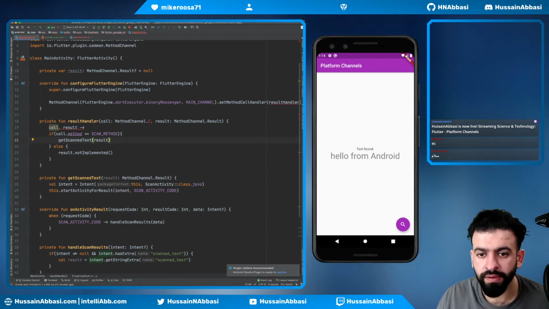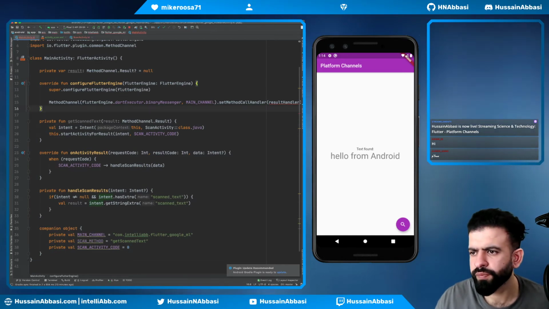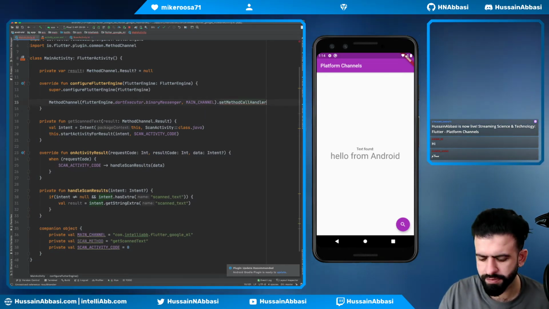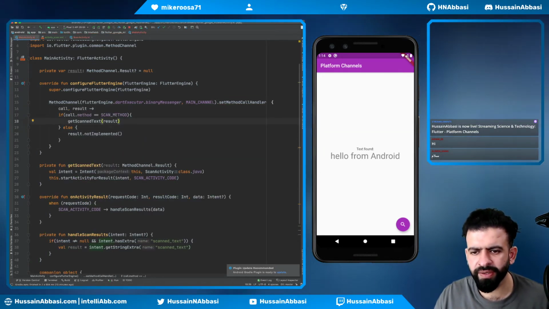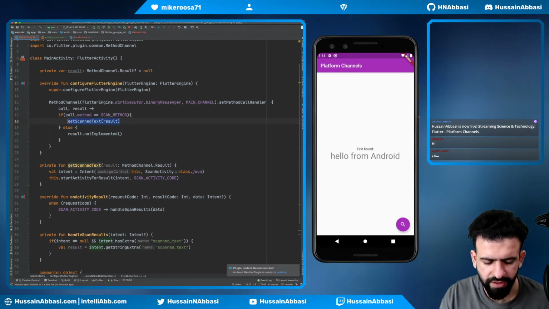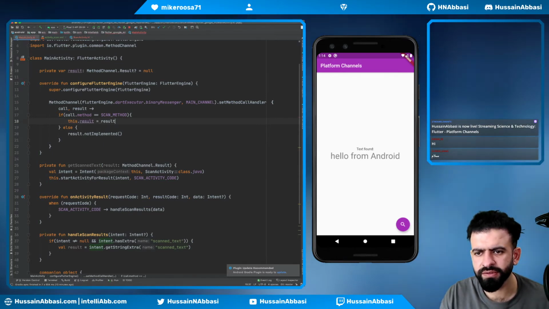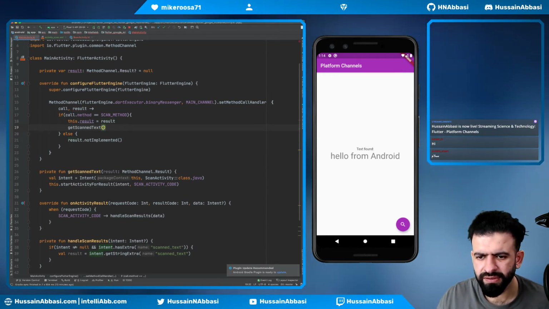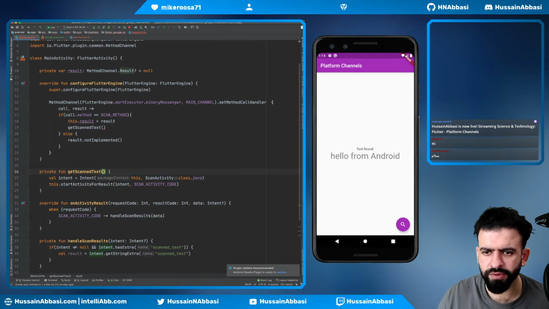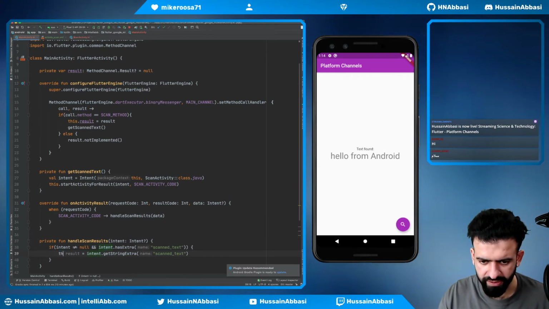Let's try it. We will bring this whole thing out of here. Alright, so instead of passing it in, we will just say that this.result equals this and getScanText. Need to pass this in at this point, so we'll just call that. It will open up the thing, and when it comes back, we will say this.result